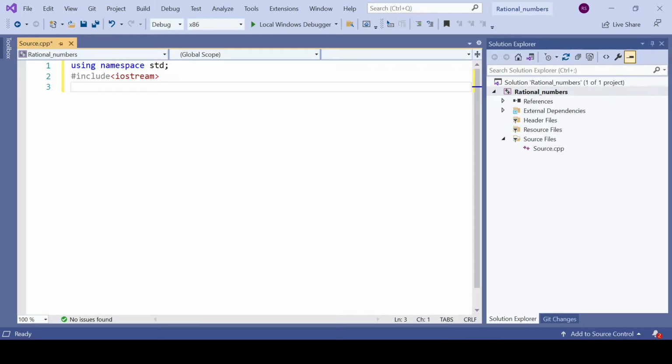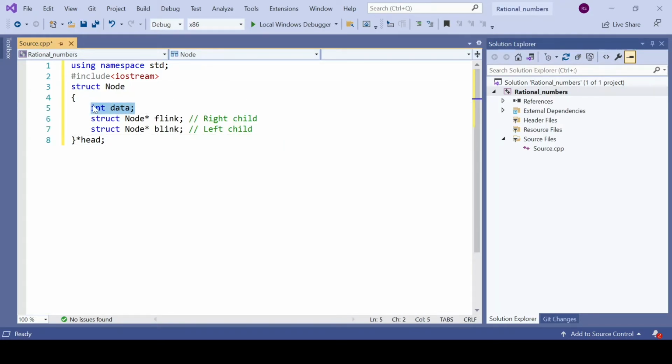For that I have already got the code. The structure is going to have three elements: the value or the data that is stored inside the node, an f-link pointer and a b-link pointer. These two pointers we already have in the double linked list.